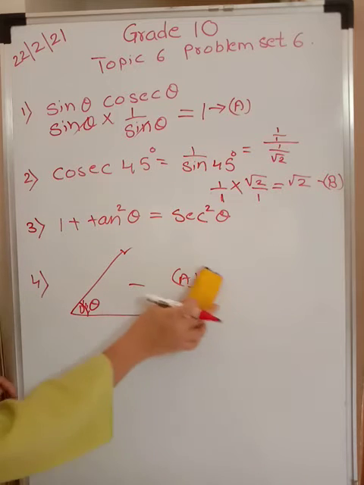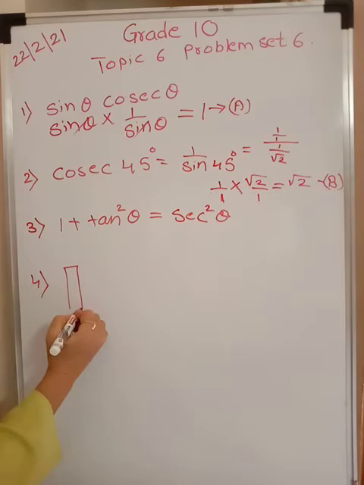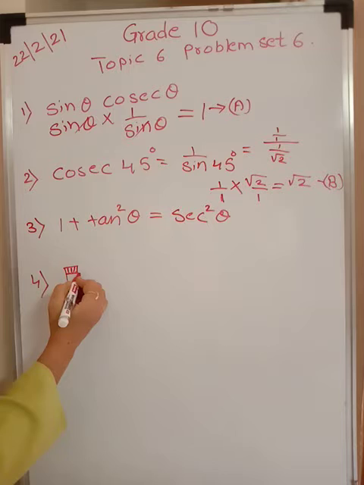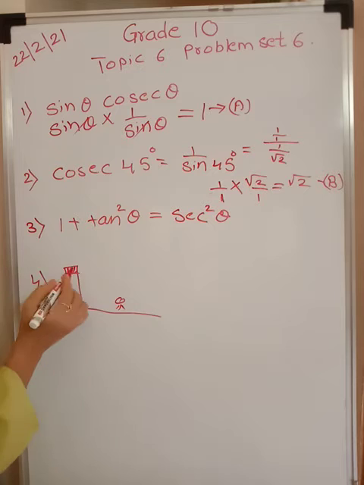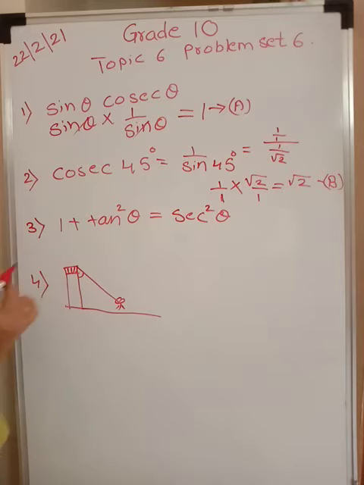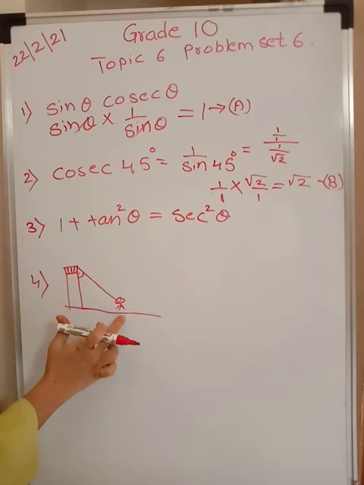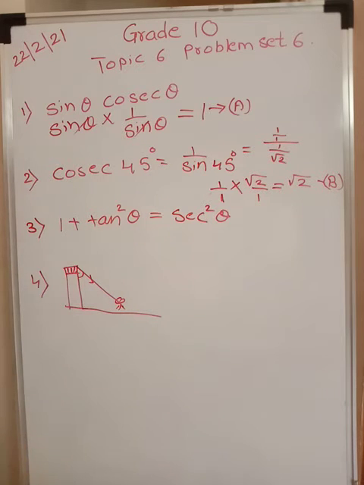On the other hand, there is another angle also. For example, if you are living on the 4th floor and here is your window and you are watching something out the window, and this is a road, and for example a man is going over here and you are looking from this window towards this man. So now this angle, that was elevation, this is the angle of depression. You are looking from up to down. So this angle is now called depression. If you are looking from down to up, it is elevation. Okay, now let's go to the second question. So these were the 4 questions from question 1 of problem set 6. We'll go for the second question now.